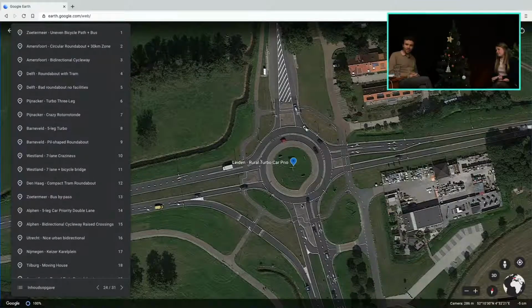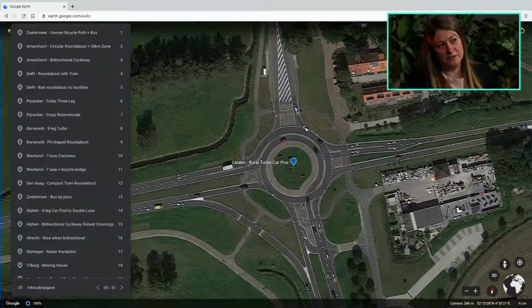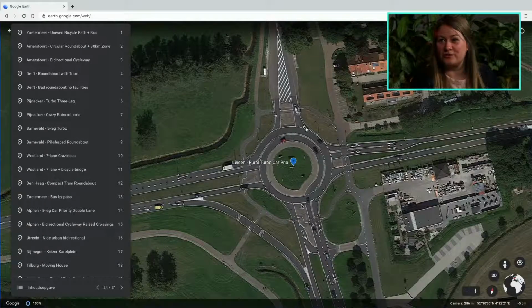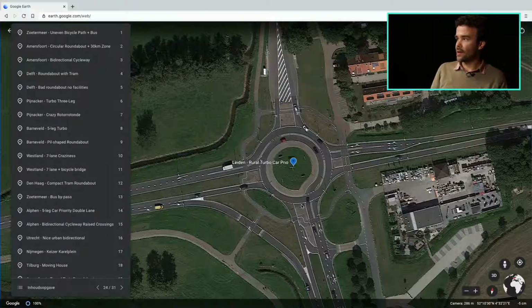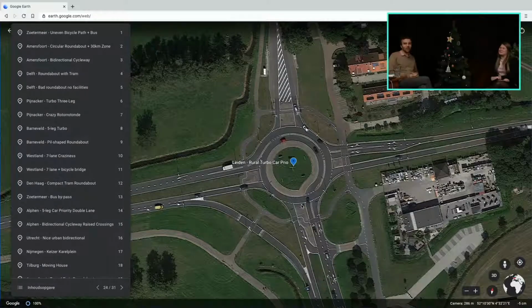Yep. Yeah, and they do have the bypass separated at a very large distance. So that also means that for the cyclists, they don't have to cross 2 lanes. You can see most of the exit lanes are actually 1 lane at a time. Yeah, all of the exit lanes, except for the one on the left. A little bit. Almost. They were almost there. So almost close. So this is what a good turbo